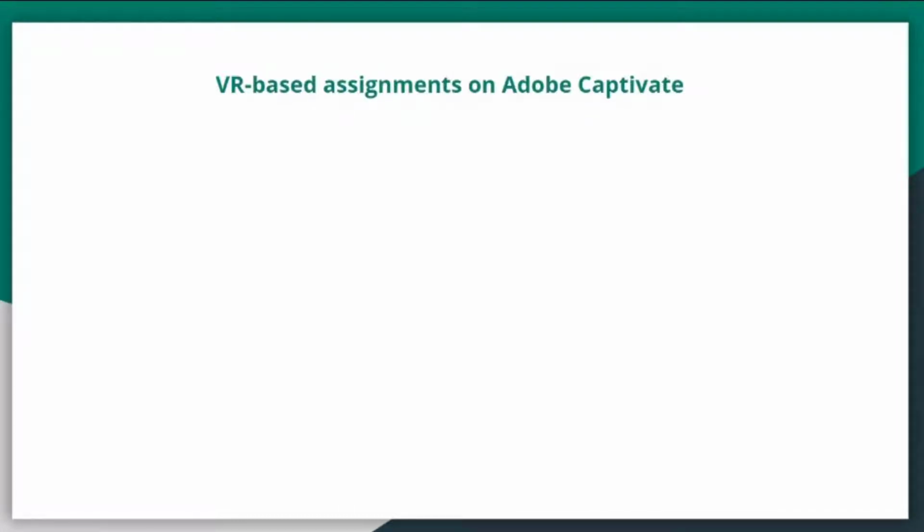So Storyline 360 and Adobe Captivate today are the hottest e-learning authoring tools, widely used by almost all instructional designers. Almost every training material that you may have seen, not in academia alone, but also in industry, when there is an onboarding of a new employee or any kind of training software or learning material is created, that is often done using Captivate or Storyline. So we'll talk about Captivate briefly.